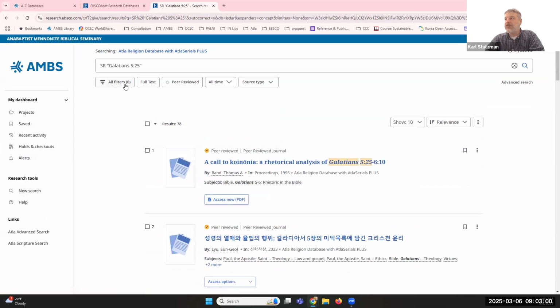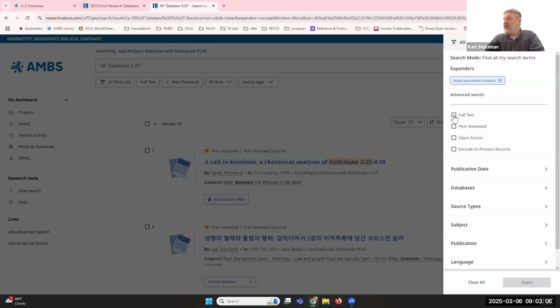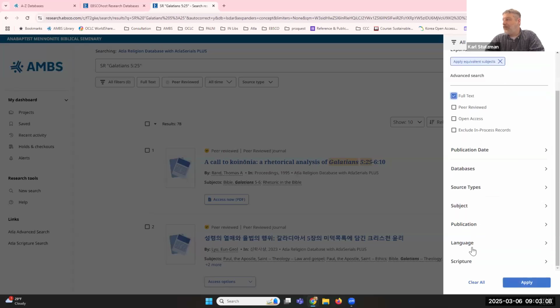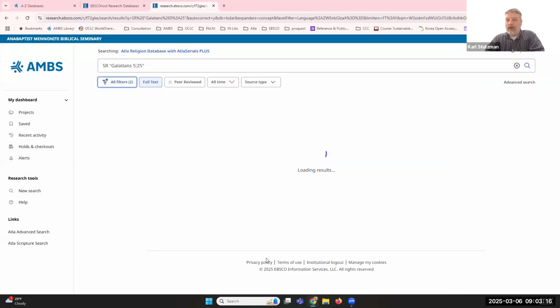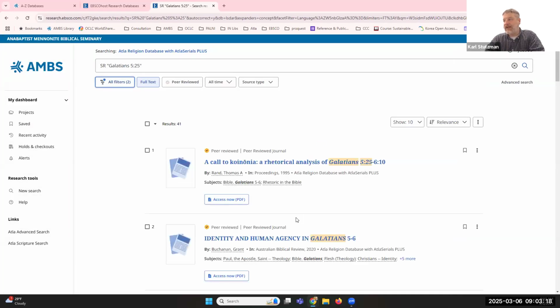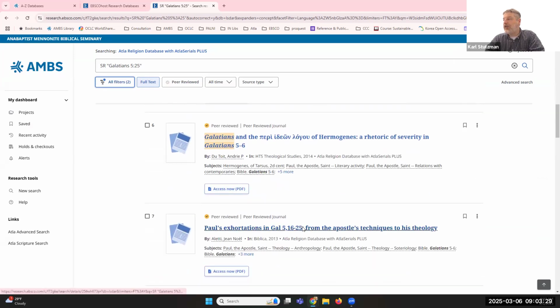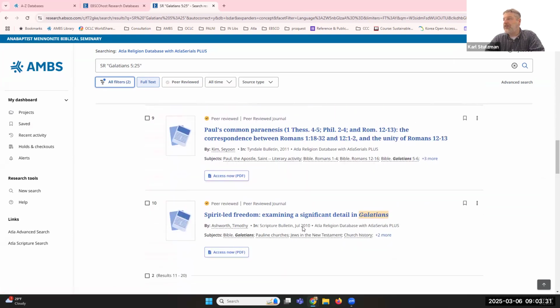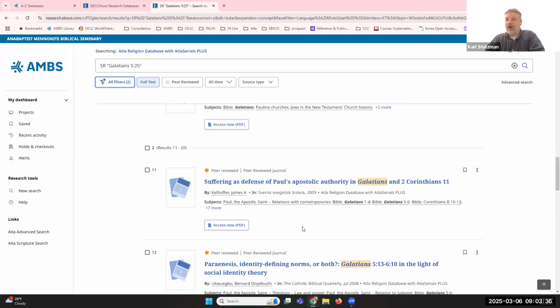So the way that we do that is we go up here to all filters and we choose, we want full text, we want them in English, and we're going to hit apply. And so now we only see the full text English language articles. And we can see here what journal they appear in, who the author is, when they were published. And those things give us clues as to the relevance of the resource to our